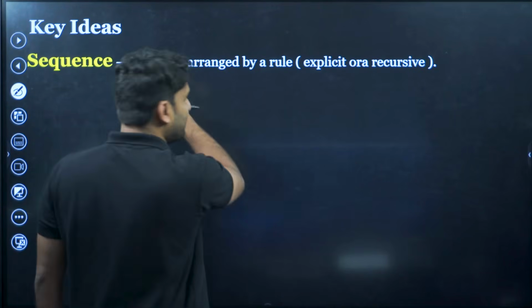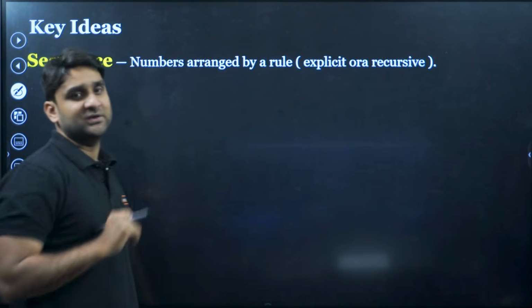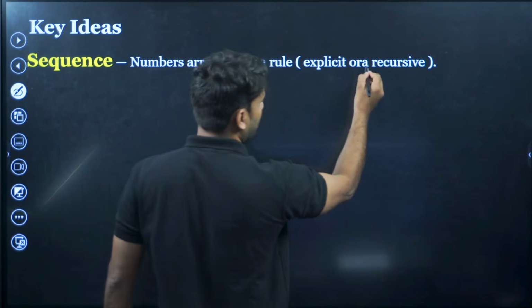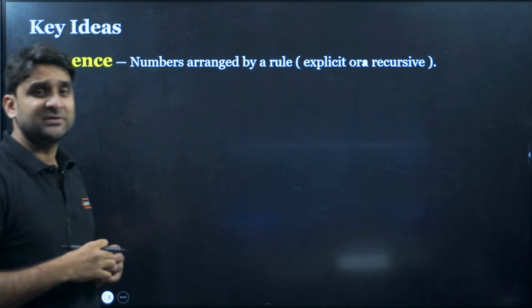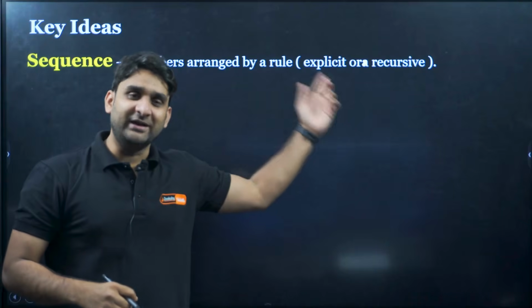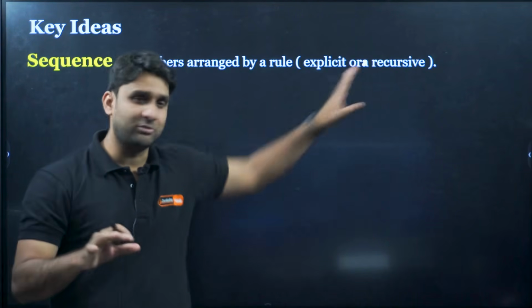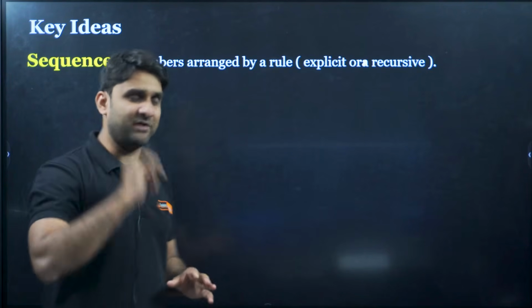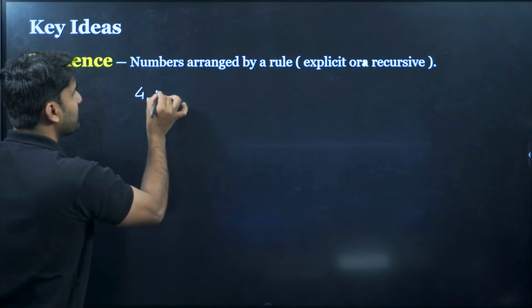This sequence arrangement can be explicit or recursive. Please ignore this A; this is OR. So the sequence follows two kinds of rules, an explicit rule as well as a recursive rule. Have patience, I am going to give you information about these later on. Just have patience. For example, if I give you here